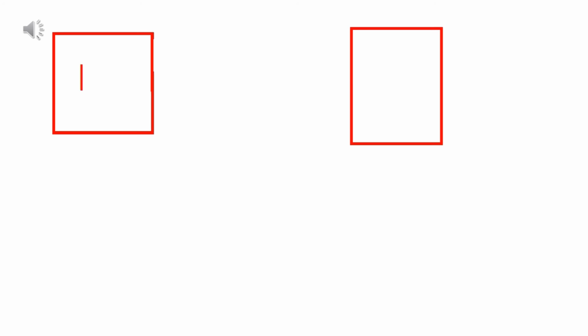So let us use TX as the shortcut form for transmitter, and then in the second box, let us write receiver, RX. Then in between we can connect.